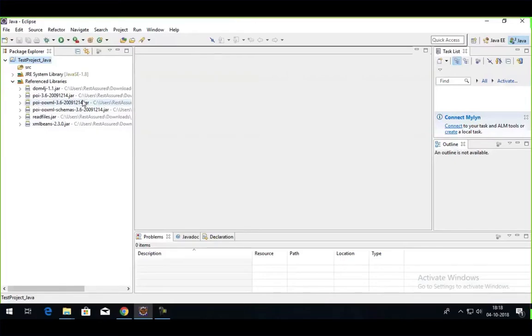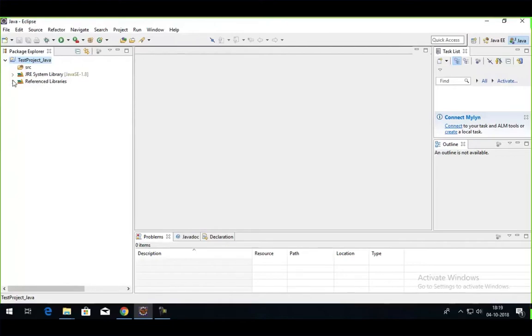So again, you have to remove the previous one, add the new ones. So it's kind of a hassle. Right now it's a blank project, so it's really convenient. These are hardly 6-7 jar files, so it's easier to keep track. But I'm talking about the bigger picture, right? When we'll actually go into the testing environment, this process can be done manually, we can do the work, but it's not efficient. So that's why we prefer the Maven project.